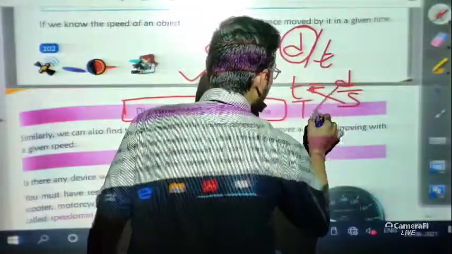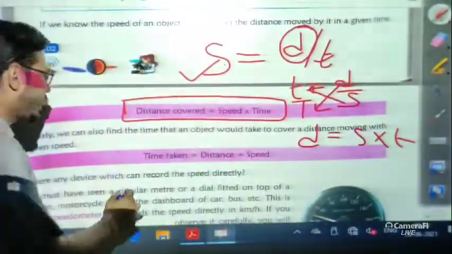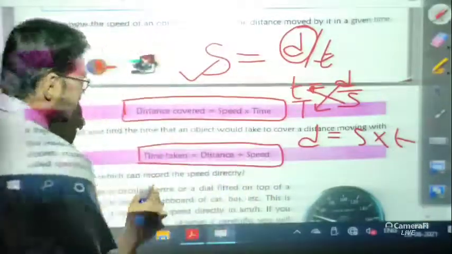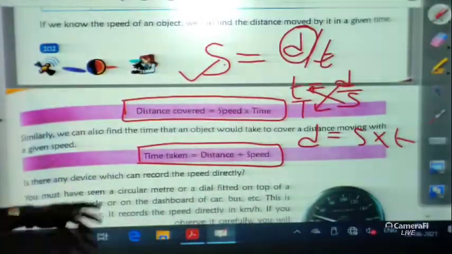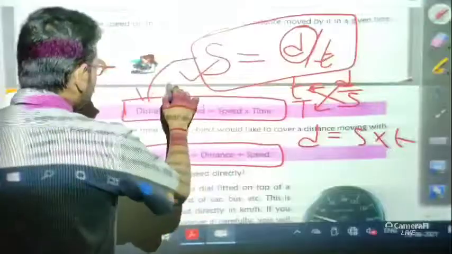Here there is nothing, which means 1, so cross multiply it. So distance is equal to speed into time, that is written here, distance covered is equal to speed into time, and time taken is equal to distance divided by speed. So these are also two very important formulas which we can conclude from the speed. Remember these things students, they are very helpful. Just remember this basic formula, that speed is equal to distance divided by time. From this you can easily derive these two formulas.